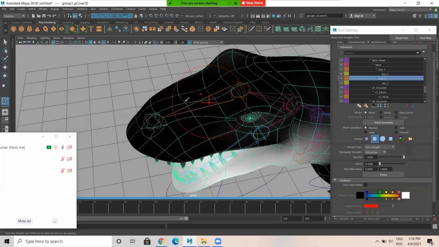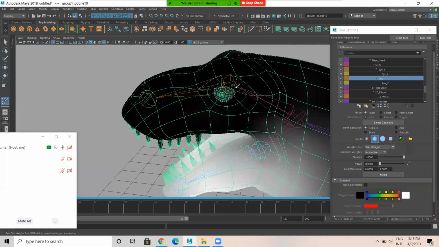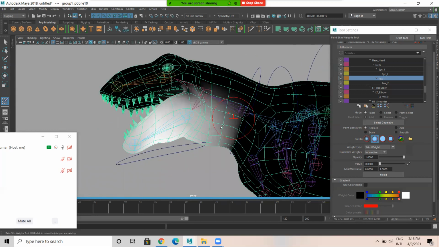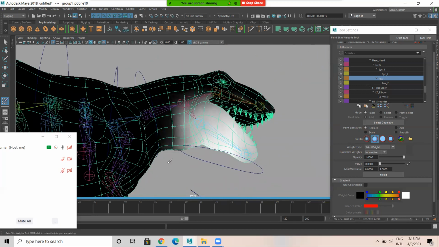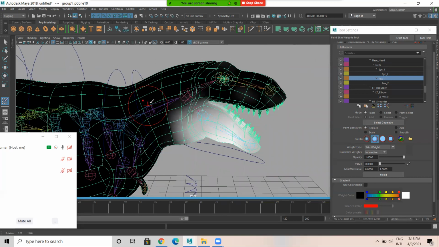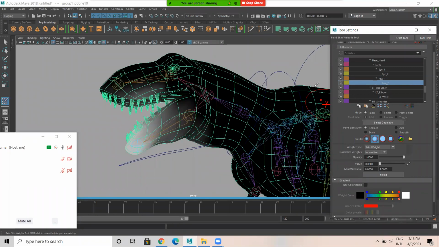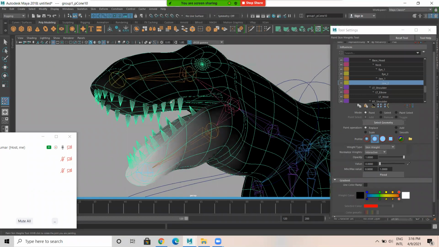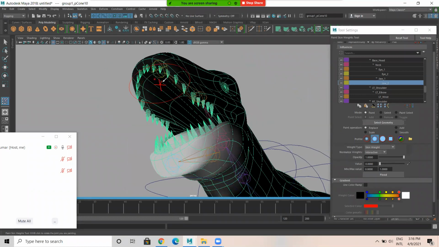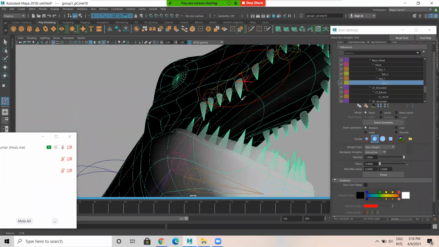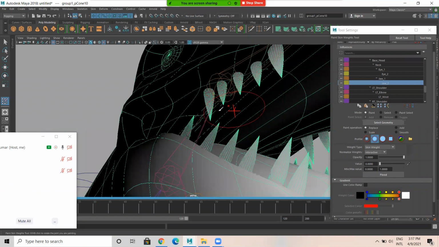See up on the top of the head and all, it has affected a lot. I'm removing that also. Okay, this is for the lower jaw and I don't want this to affect so much here. I'm removing that. I can remove here also a bit. Okay, then I'll come to jaw 2. Jaw 2 is also affecting here. And I reduce the size.